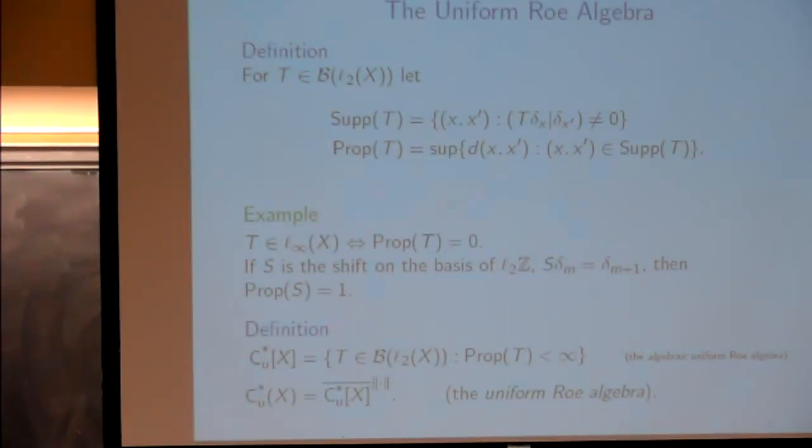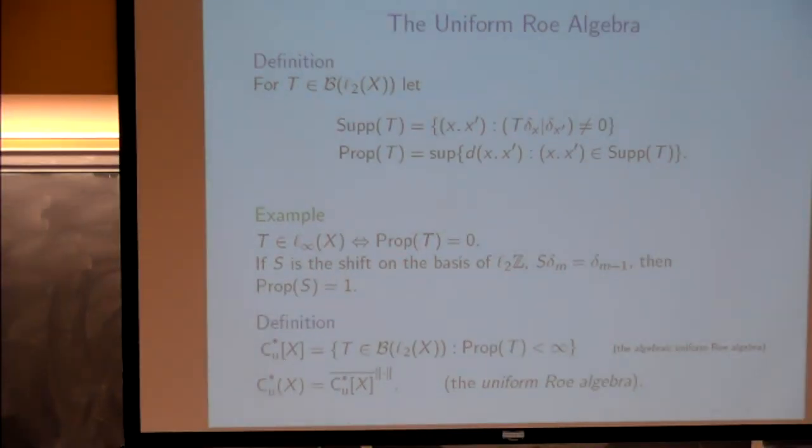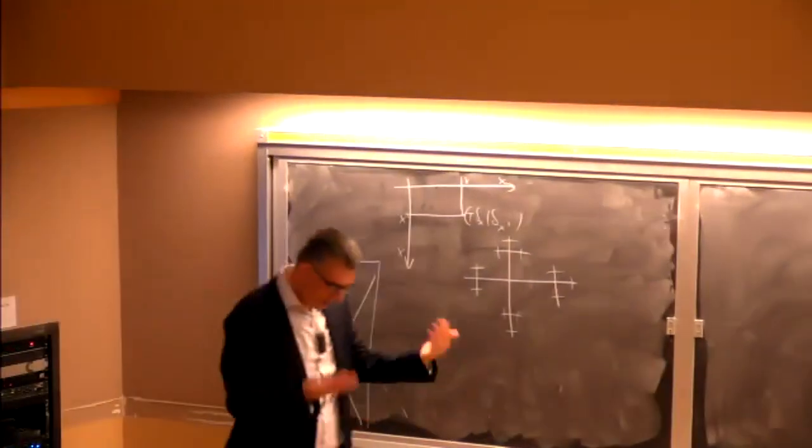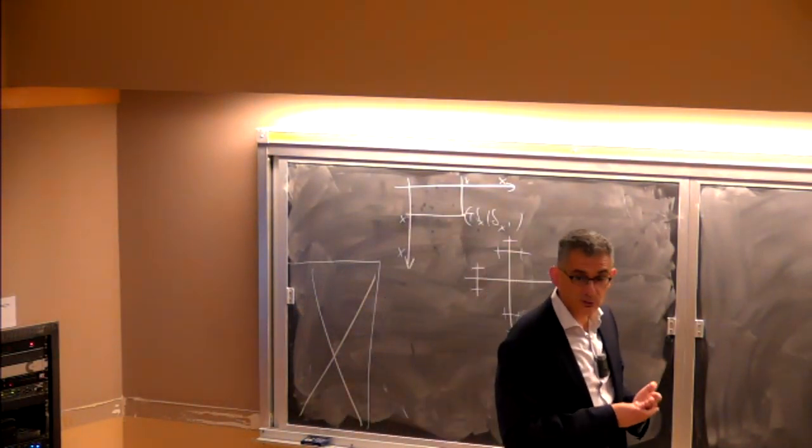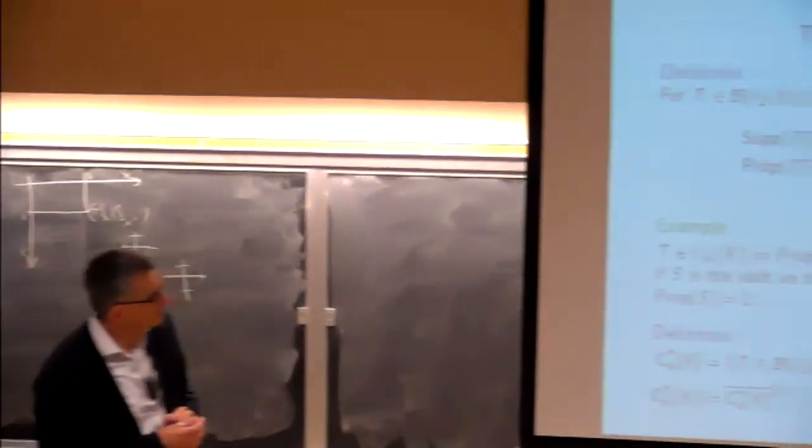It is the version in which we look at operators whose coefficients are not complex numbers, but really compact operators in some prescribed Hilbert space. But this one is easier, although the other one is more important. Actually, quite a bit of motivation comes from the Roe algebra, but I'll stick to this one.